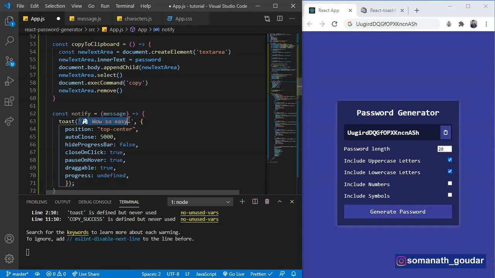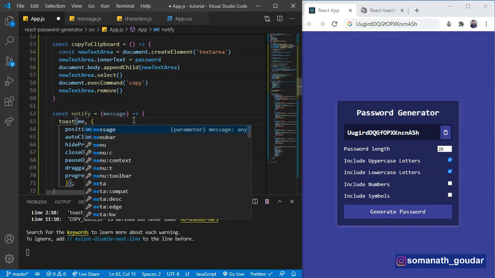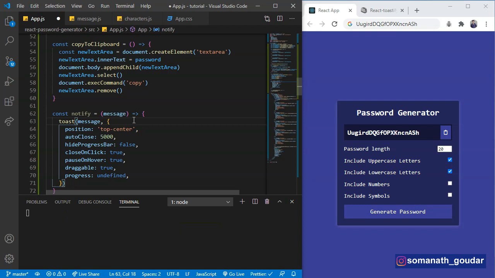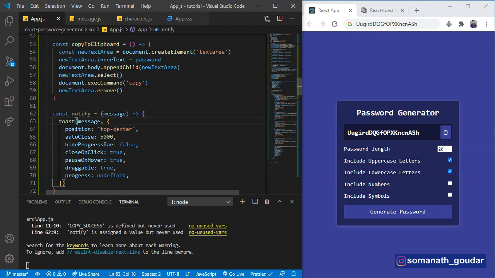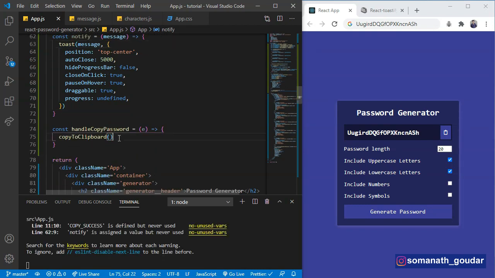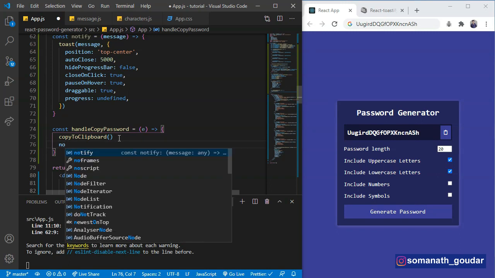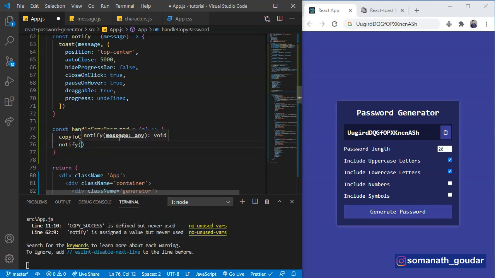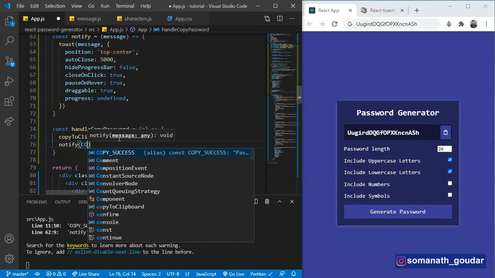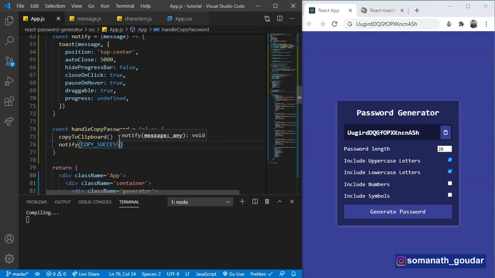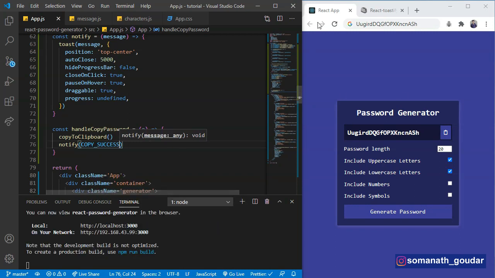Let's remove this. This is going to take the message. And now we are going to call this function over here, notify, and inside of here we are going to pass copySuccess. Now let's save this and check if this is working or not.